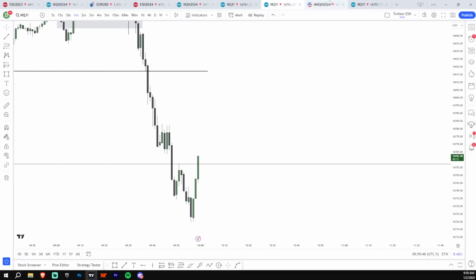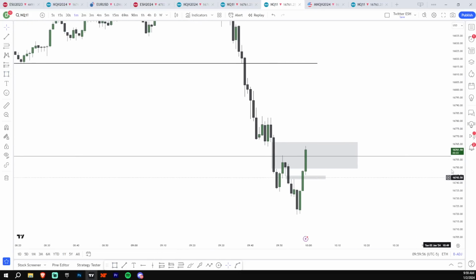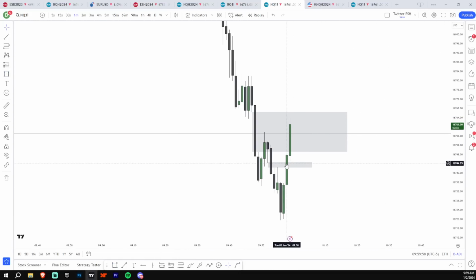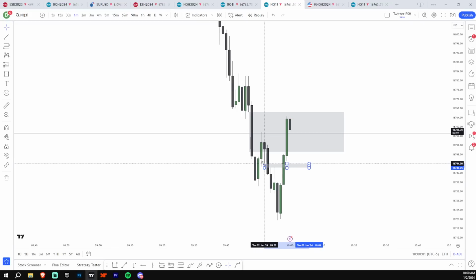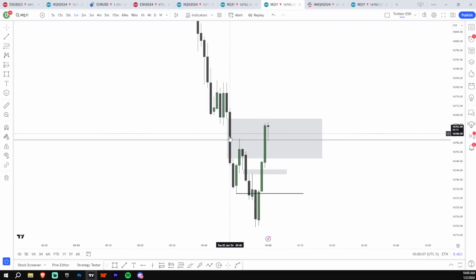Ooh, okay. 1 minute long. So yeah, here's your long setup. If we get it, I know someone probably entered this. That's fine. This fair value gap doesn't pop out to me immediately, but it's still fine because we are really low, and this is fine if you took this. This is the more obvious one. It's still valid because we don't want to see this reject anyways. And your target would be here.